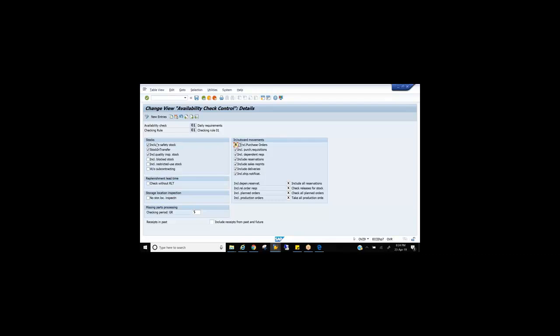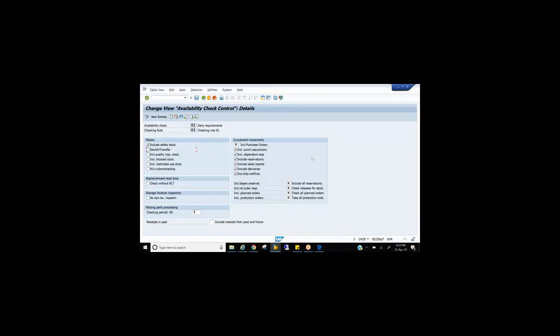But you have some stocks like safety stock, stock in transfer, quality inspection stock, blocked stock, restricted stock, right? If you want to perform availability check in these areas, with this combination you come and maintain this. This you will be maintaining only in special cases, when you want to include the availability check in these areas also. Then only you come and activate here. If not, generally they will not be active. You come here and do it only when you want it.